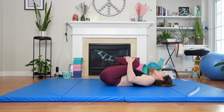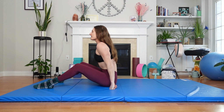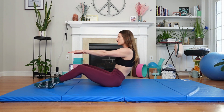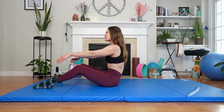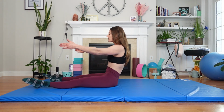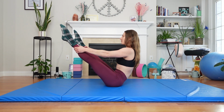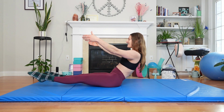Hug the legs in, rock up or roll up, floating legs. So we want a bit of a C spine here. So you can do a few times, find that C spine, and then you're gonna have the option to lengthen out the legs, really reach them, and float them to your hands. 1, float them 2 more times. 2, without moving the pelvis. 3,